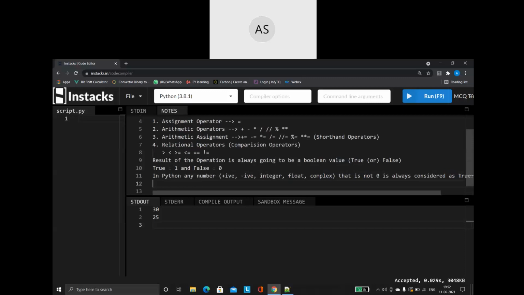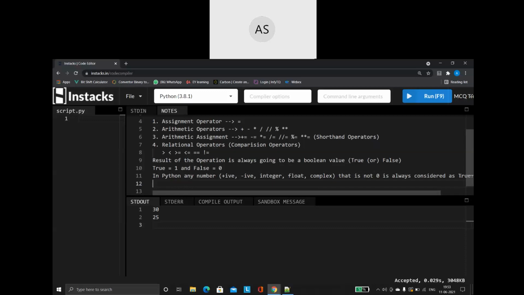You should remember all these points when we make use of our relational operators. These points will also help you in analyzing logical operators. The same points are helpful when we do programs based on logical operators, which is the next set of operators we will be studying.